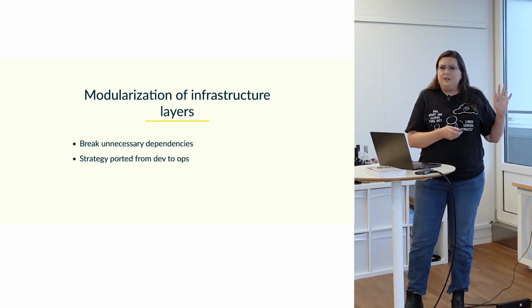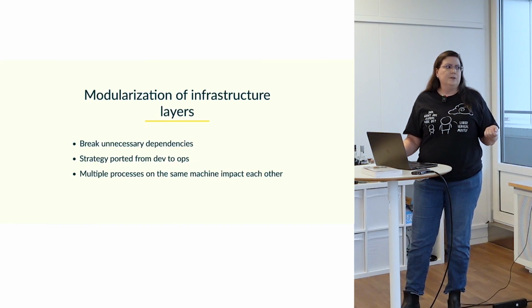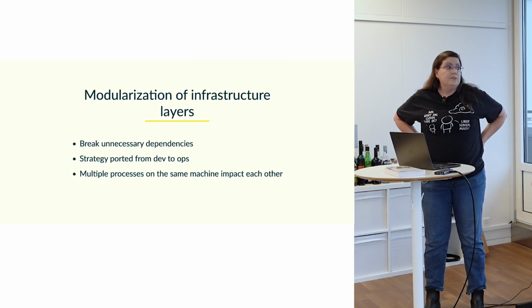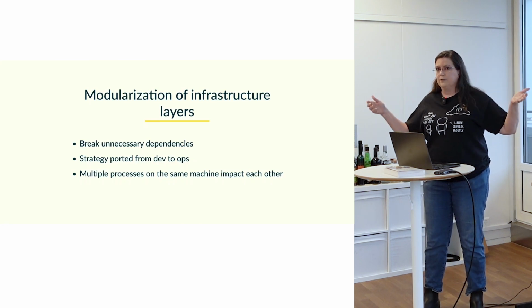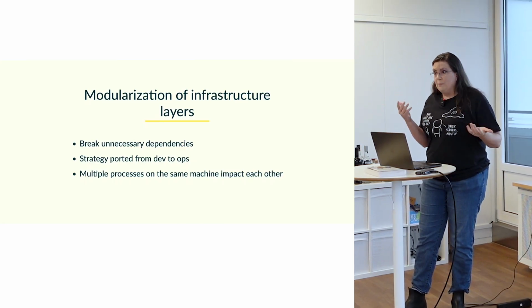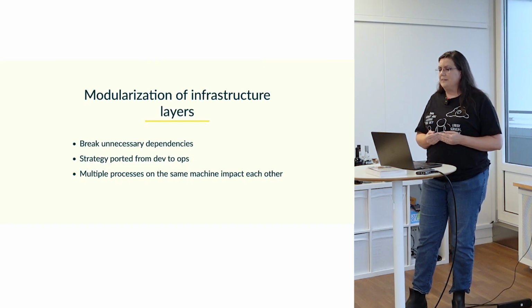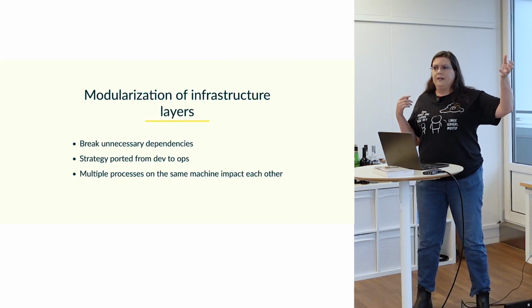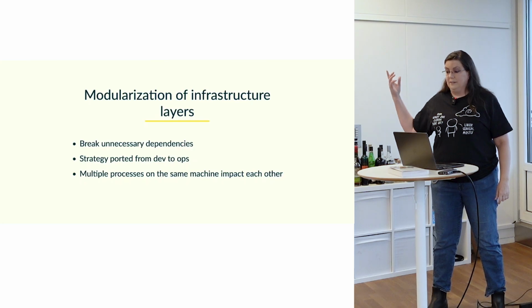What we used to do, and what still happens on some layers, is you have multiple processes that are all on the same machine. So you have your server, and you have this whole array of different processes running on it. The problem with that is that they affect each other, and then you have a dependency that isn't relevant or necessary. You can have one process, for example, that requires an upgrade in order to work, but then a different process that was running on that machine breaks because of the upgrade.